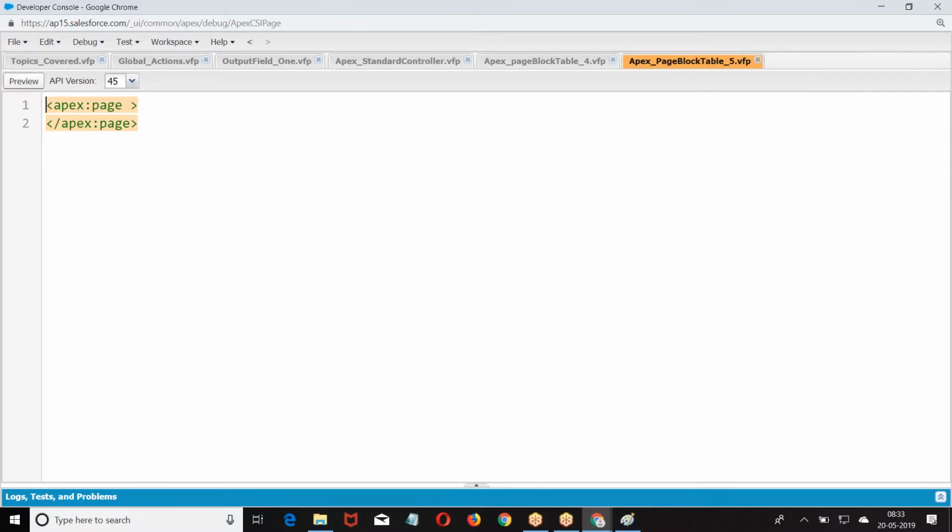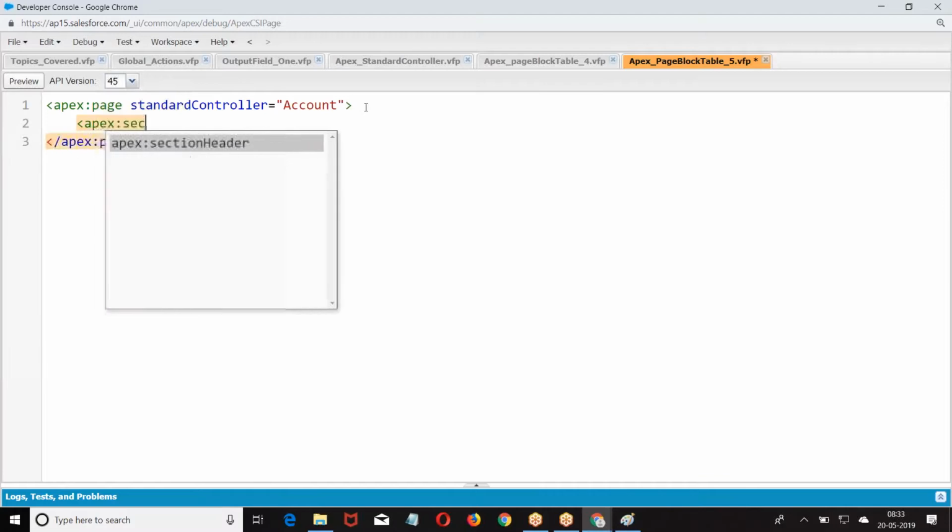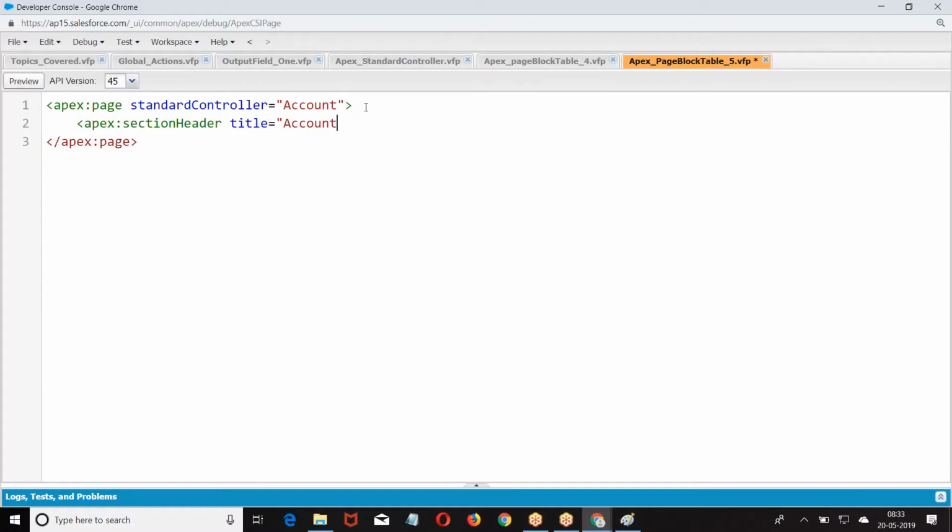Now let us go with the next one. What is the first point we have to take? Standard controller equal to account, because we are trying to take account with the contact. Then I have to go with apex section. Now what is the data we want to give?